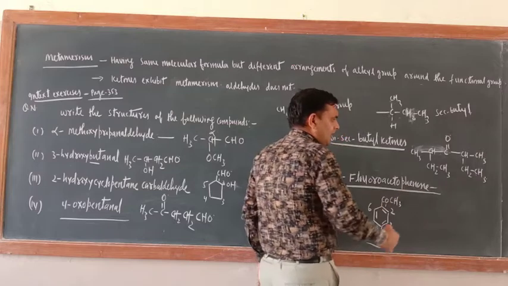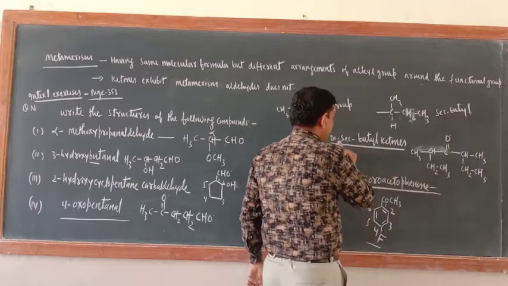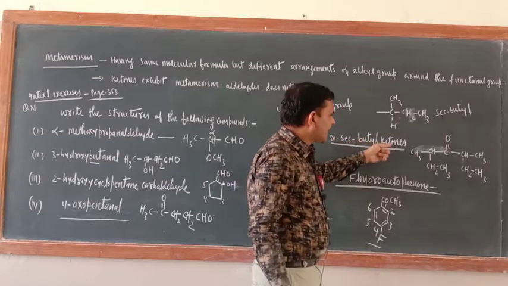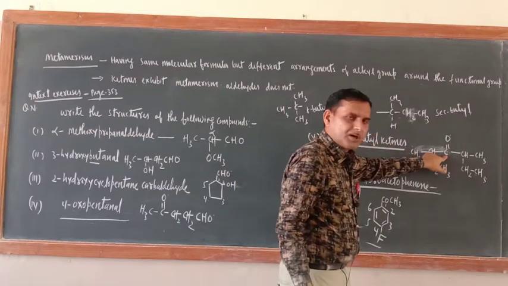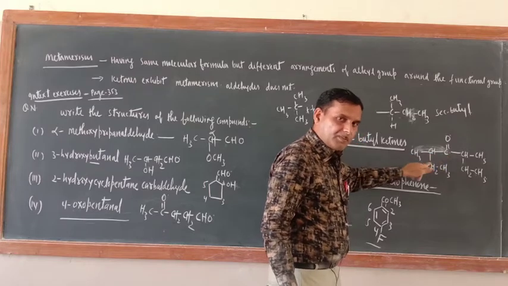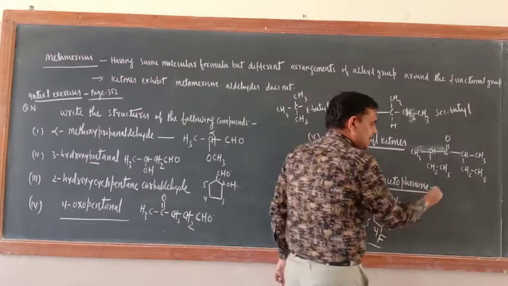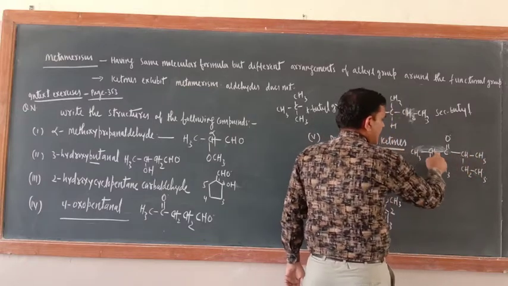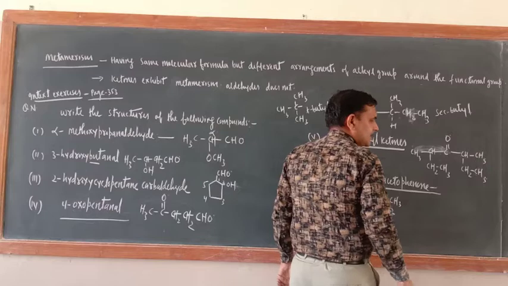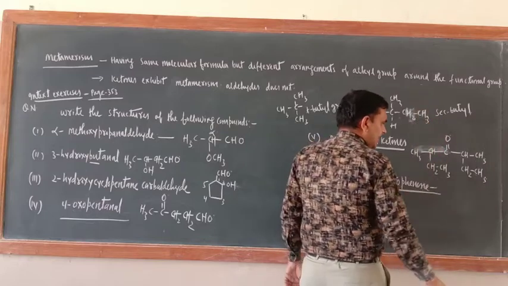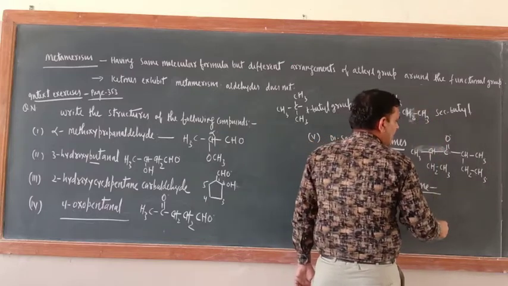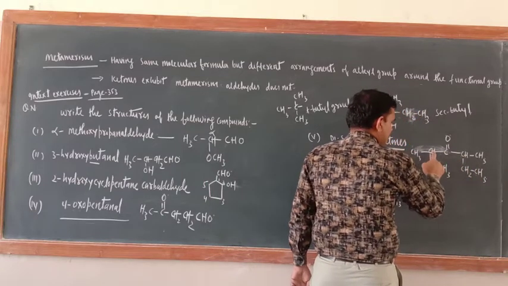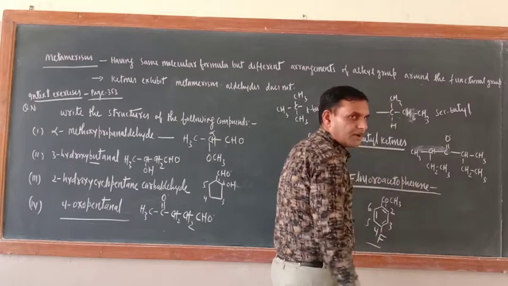Now one more thing I want to tell you. Now here what is written? Disecondary butyl ketone. Okay, so a butyl group is there, a ketone group is there. The ketonic group is because of the C double bond O group. But what about their IUPAC name? So the IUPAC name also you can write very easily. See, 1, 2, 3, 4, 5. Only 5 carbon atoms are there because we have to select the longest continuous chain. But if I include it like that, 1, 2, 3, 4, 5, 6, 7, so 7 carbon atoms are there.